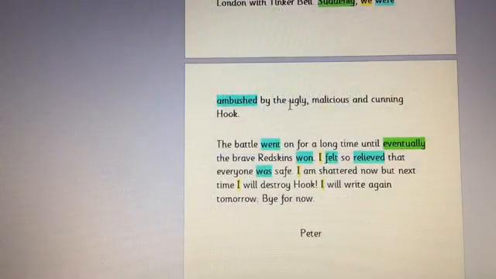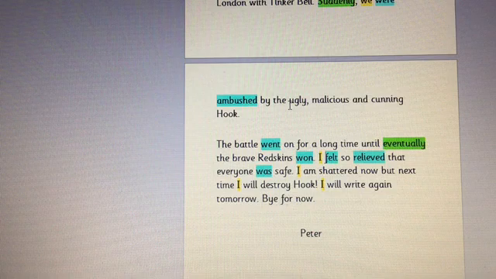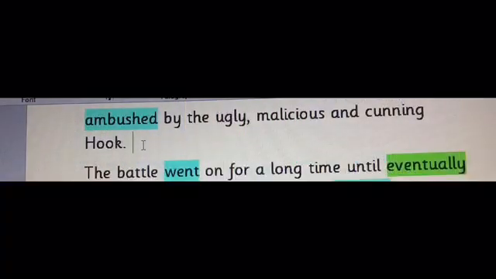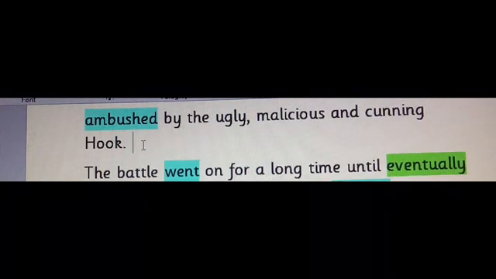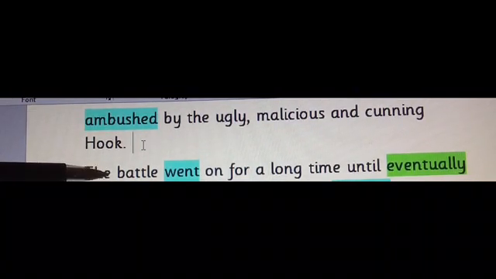The battle went on for a long time until eventually the brave Redskins won. I felt so relieved that everyone was safe. I am shattered now, but next time I will destroy Hook. I will write again tomorrow. Bye for now, Peter. Having read it back, I'm not sure how well the main body here links to the